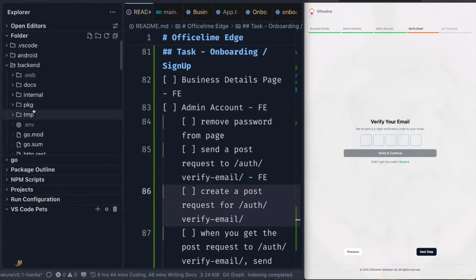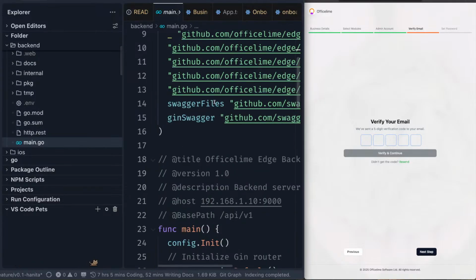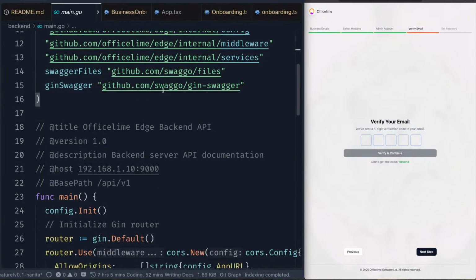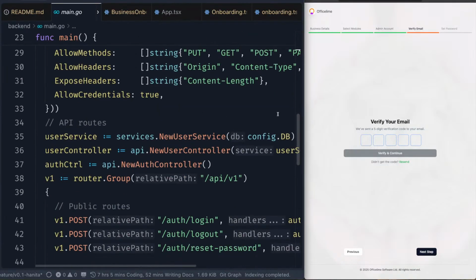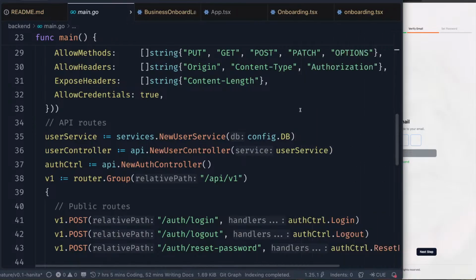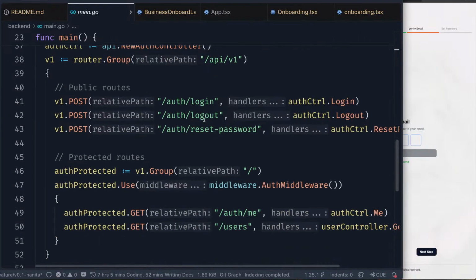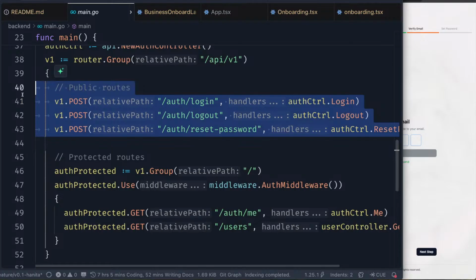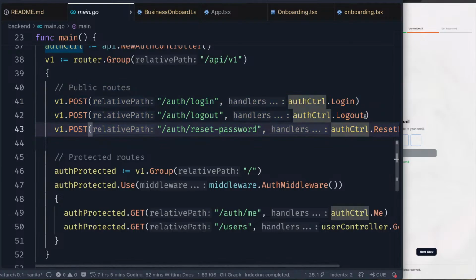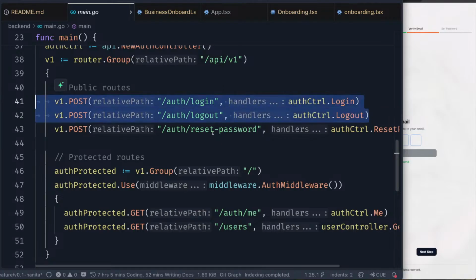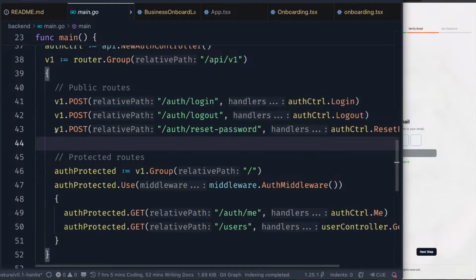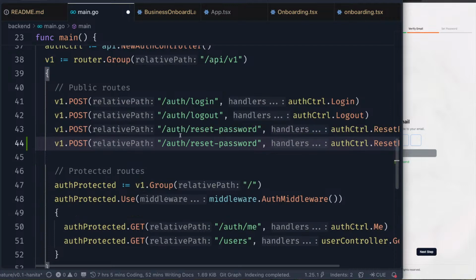Now let's go to the back end and see how we're going to implement what we need to implement. So if I go to main, now we've seen this before. I'm sure by now you must have been tired of seeing this. So this is the auth guy. This is where we're going to put it. This is a valid place for us to put what we need to put. I think these two things are working. This one, we've not done this one at all. Then we need to do our verify email,